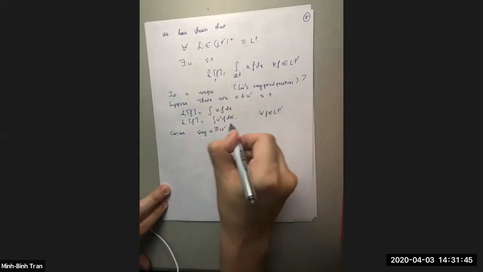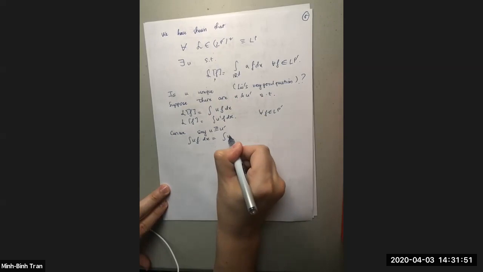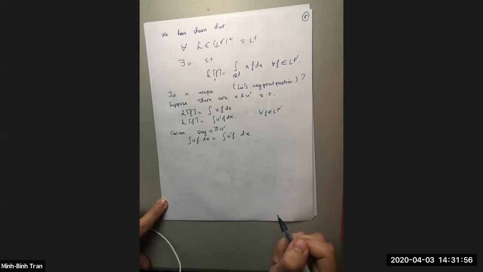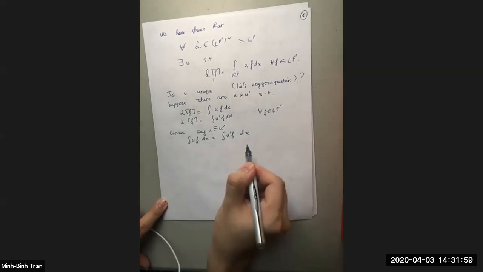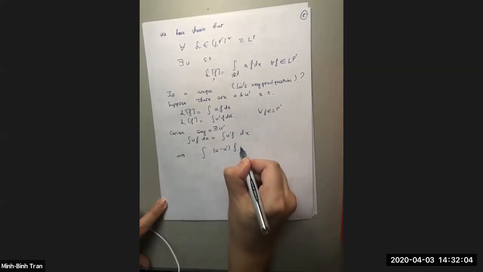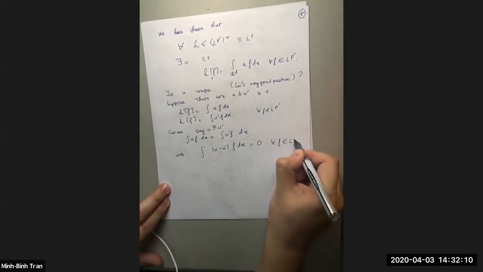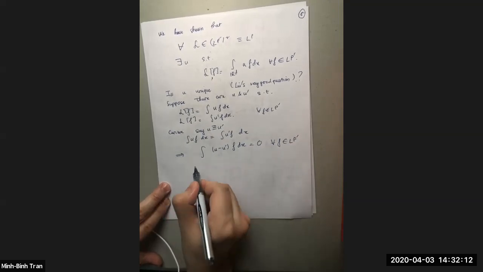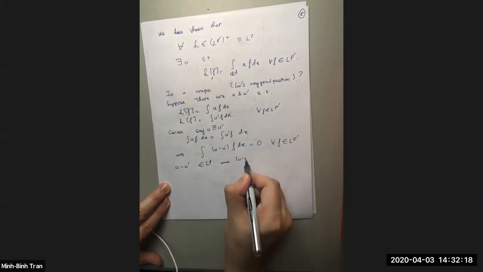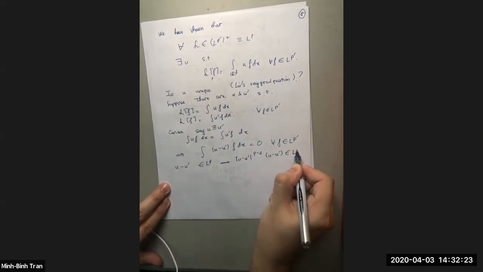Right. So Liu's answer is also very good. You suppose that they're the same, then you have that the integral of UF dx is the same as the integral of U prime F dx, right? So I subtract the two. When I subtract the two, I have that the integral of (U minus U prime)F dx is 0 for all F in L^p', right? Now I'm going to choose, because U minus U prime is in L^p,